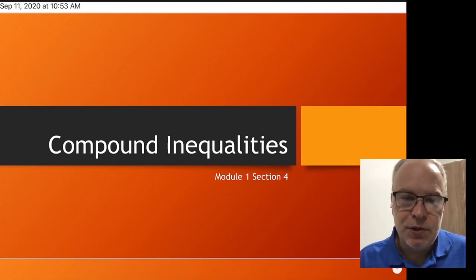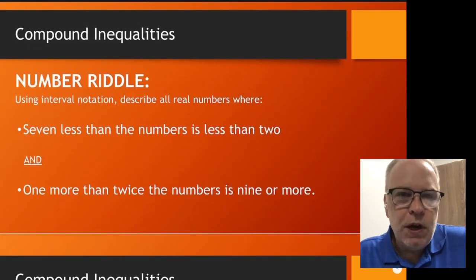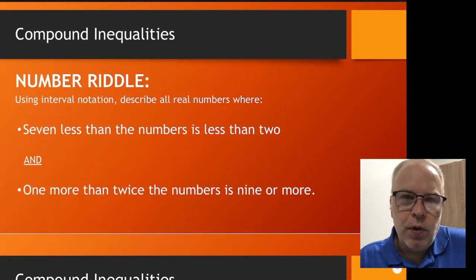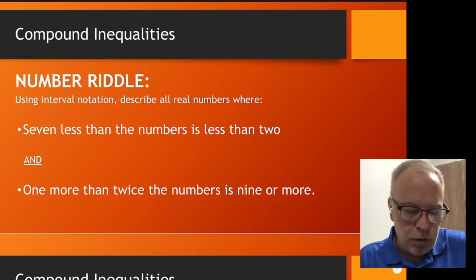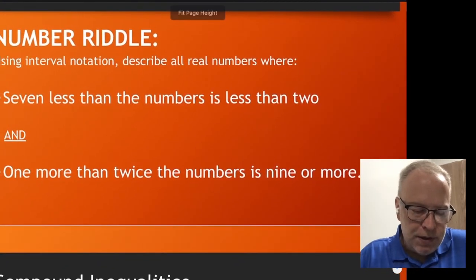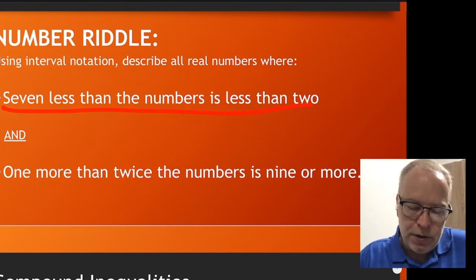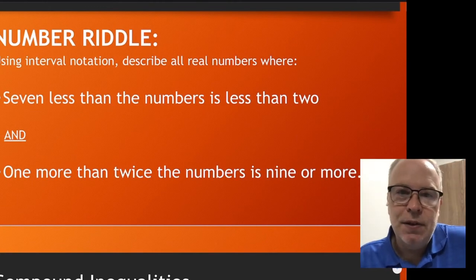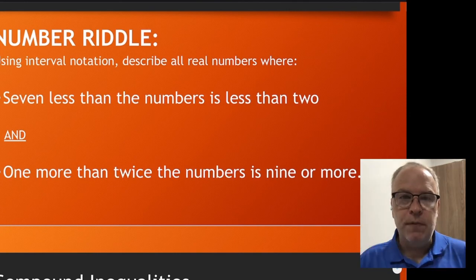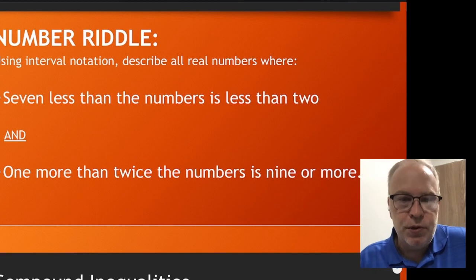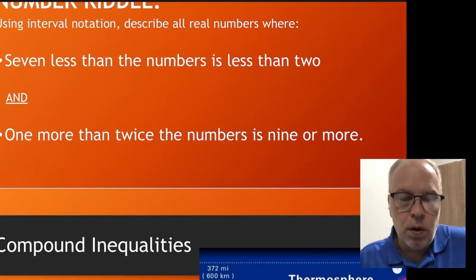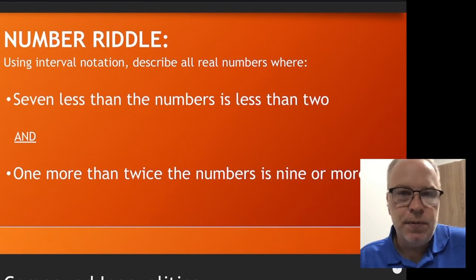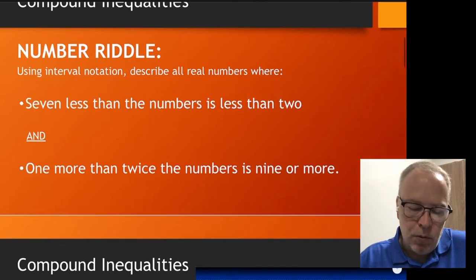So let's get started. Here we have a number riddle, and we're going to write our answer after we solve it in interval notation. 7 less than the numbers is less than 2, because remember, the answer is a whole group of numbers. And at the same time, those same numbers, one more than twice those numbers, is 9 or more. So let's write the two inequalities because we're going to solve them that way, and then we'll write our final